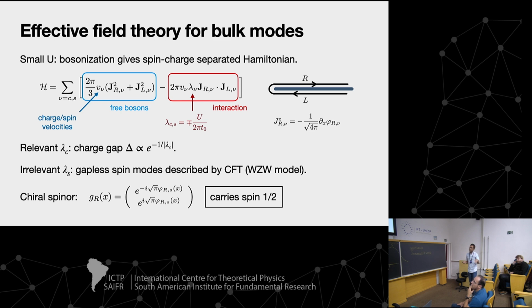Then you get gapless spin excitations, like in the Heisenberg chain. And these are described by a conformal field theory, which is the Wess-Zumino-Witten model. It's essentially a Luttinger liquid with SU(2) symmetry. I also want to emphasize that we know the operator content of this theory, and in addition to these current operators, we also have spin-1/2 operators, the spin-1/2 primary field, which forms this doublet. This transforms as a spin-1/2 representation of SU(2), and these operators, written in terms of vertex operators, exponentials of the bosonic field, carry spin 1/2. These are the operators that are actually identified with the spinon later on.